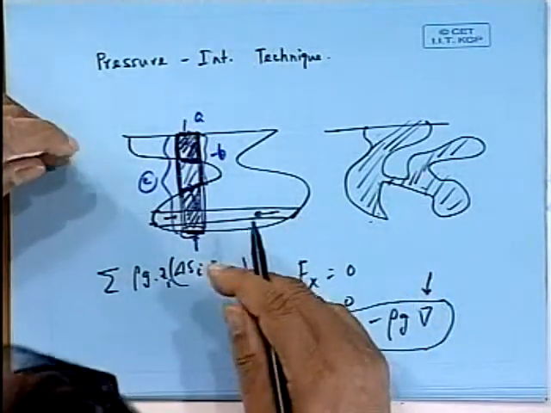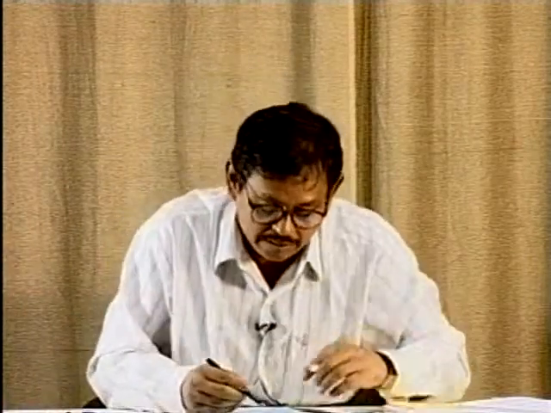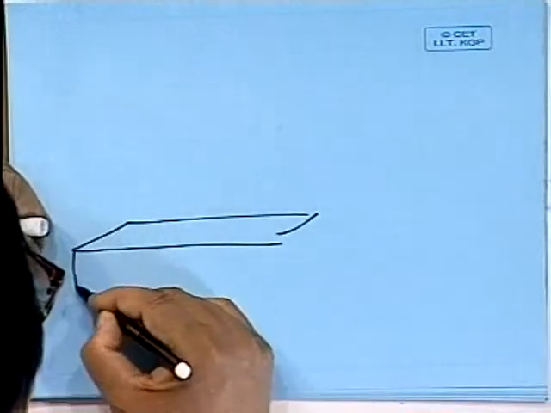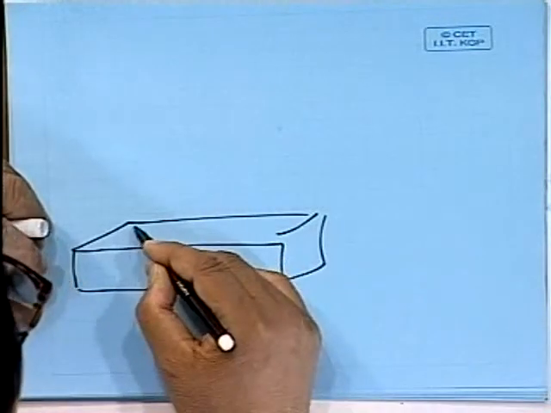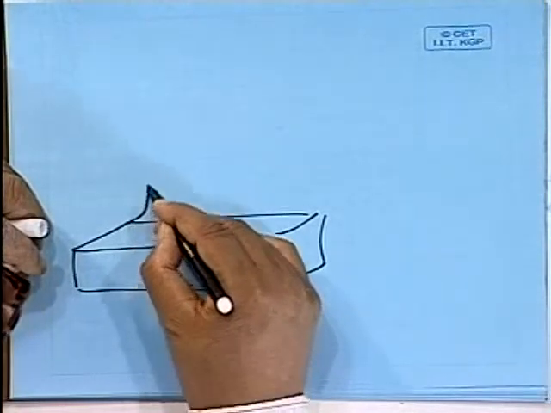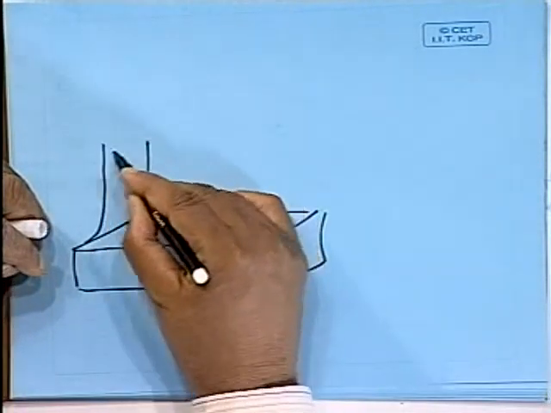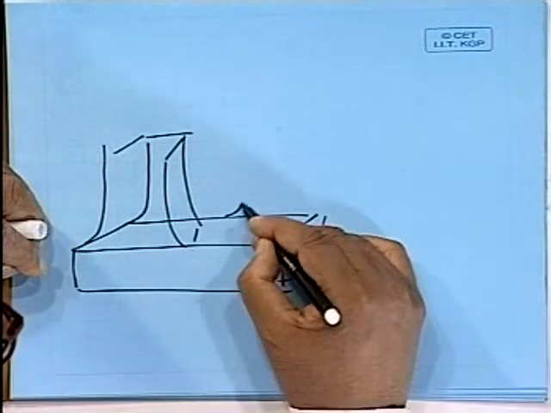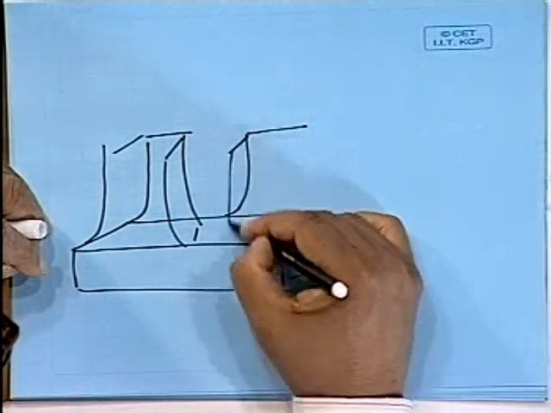Now the question is how many facets you need. Obviously, if you want a very accurate calculation, you will need many thousands of facets. When it comes to a complicated semi-submersible like this, say there is a leg coming like that, it comes down and matches here. There is a leg here. There are so many types of semi-submersible available.